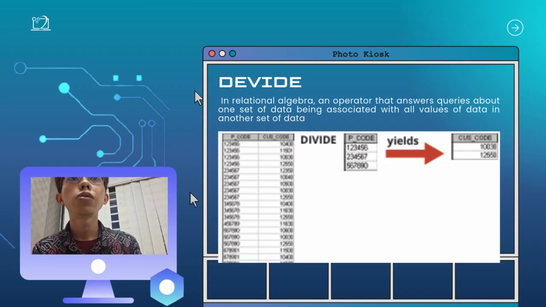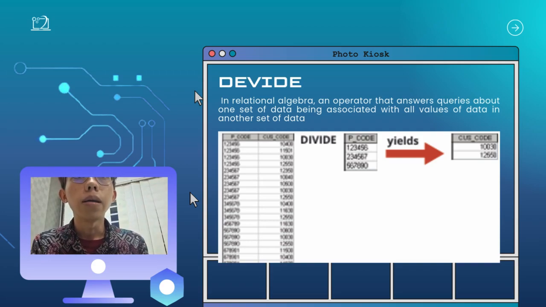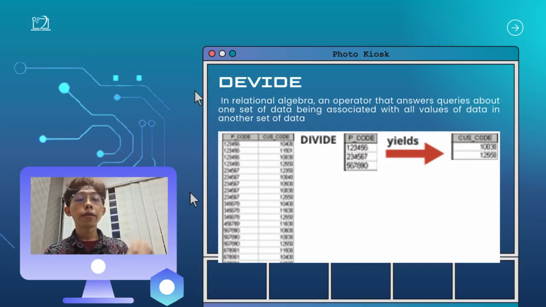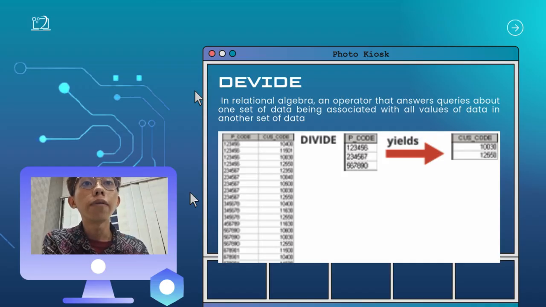The divide operation uses one double-column table as the dividend and one single column table as the divisor. For example, the figure on the screen shows a list of customers and the products purchased in the first table on the left. Table 2, in the center, contains a set of products that are of interest to the users. A divide operation can be used to determine which customer, if any, purchased every product shown